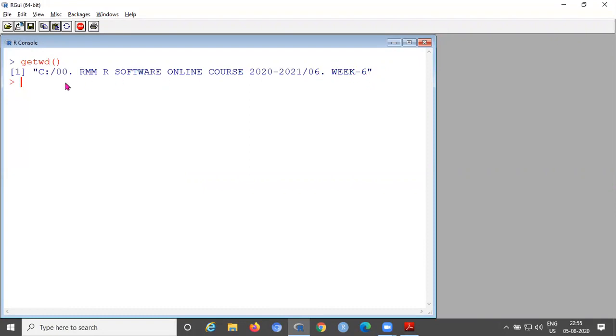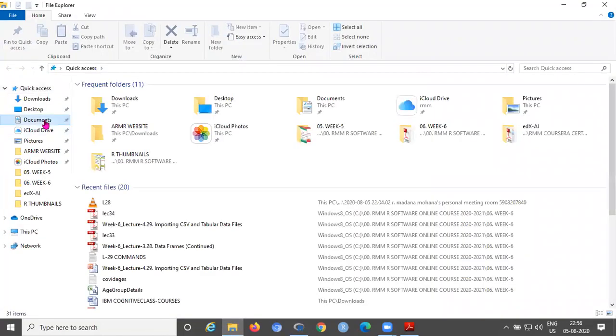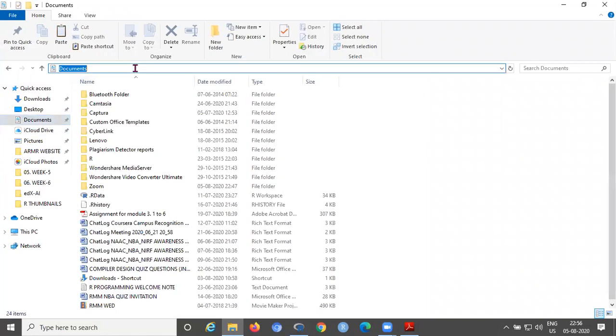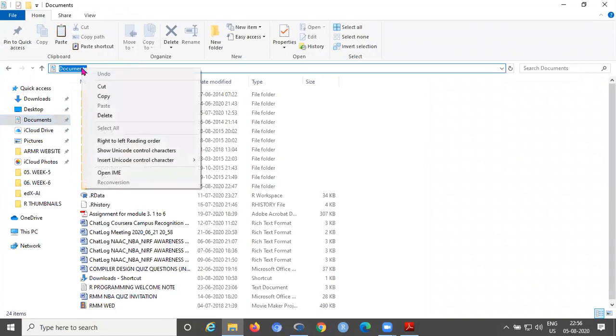Actually earlier it was different, so I reset the path previously. Here also we will set the path. First, set working directory. By default, what the path was earlier is a document.